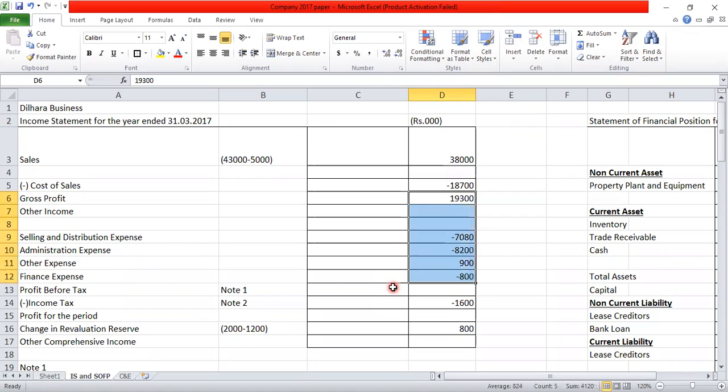If I deduct all my expenses, I'll record these expenses. It's no problem if I record here 4120. Okay, so my expenses is 15180. So when I deduct 15180 from 19,300, I get 4120, right? So with this, if I deduct my tax, I get 2520. This is the amount I'm going to transfer to the changes in equity, 2520